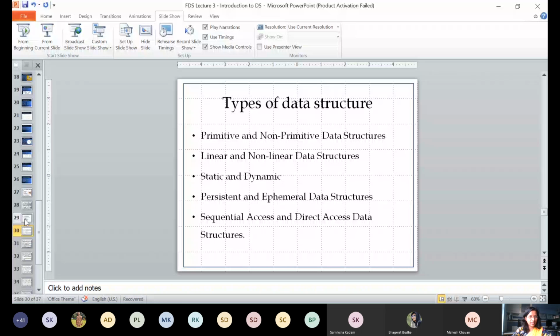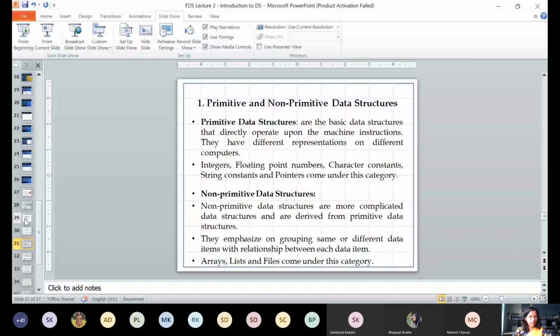So primitive, non-primitive we already know, because primitives are the basic data structures and they directly operate upon the machine instruction, and they have different representations on different computers. For example, we can list integer, float, character, strings, pointers.